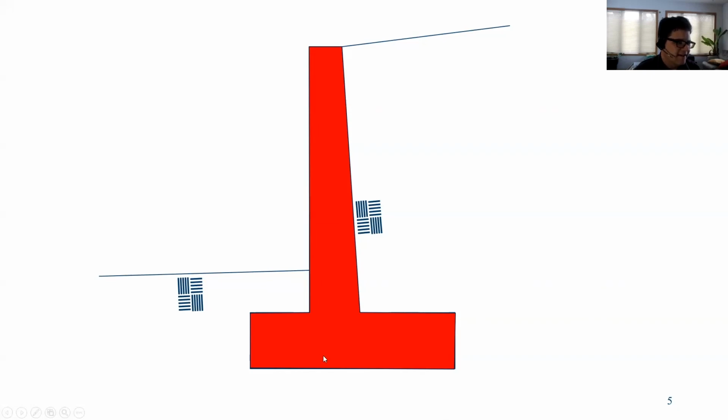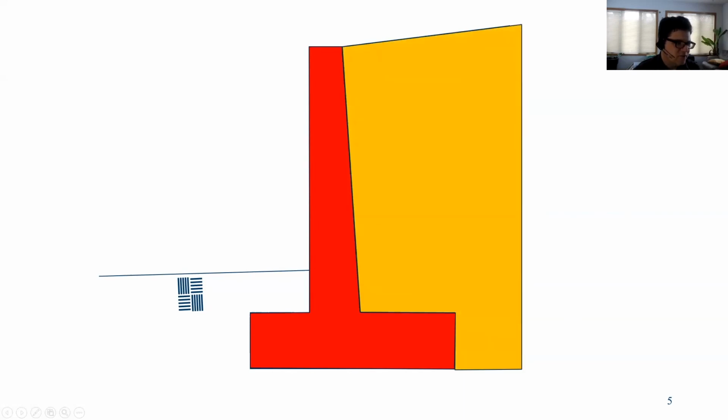Its weight and its shape is built to make sure that as the soil wants to push forward behind the wall, there's an equal amount of mass to resist the overturning, which is the wall wanting to tip, and also the sliding, the wall wanting to push forward, and the bearing of the wall. So the size of the footing is determined to make sure that the wall doesn't settle more than we would want. And behind the wall, you have your retained soil. I'm only going to go over this once because all walls sort of function the same. You have the retained soil behind the wall, and that's just the soil that's trying to push the wall out of place.